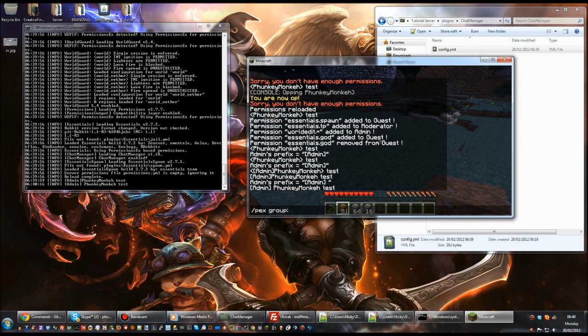The thing about the prefix, it's kind of boring, the color's not very nice, so you can also change that. So it's the same command, pex group admin prefix. Now you need the speech mark, don't forget, which I forgot earlier. This is where it gets a little bit more complicated because you have to use the Minecraft color codes. Those of you who are familiar with the color signs, you've got 16 colors, 1 through 9 and A through F. And there are pages out there to tell you what the colors are, but essentially you have to put an ampersand symbol, which is shift and 7, and then the number. So for example, if we did a 1 and then opened the brackets admin